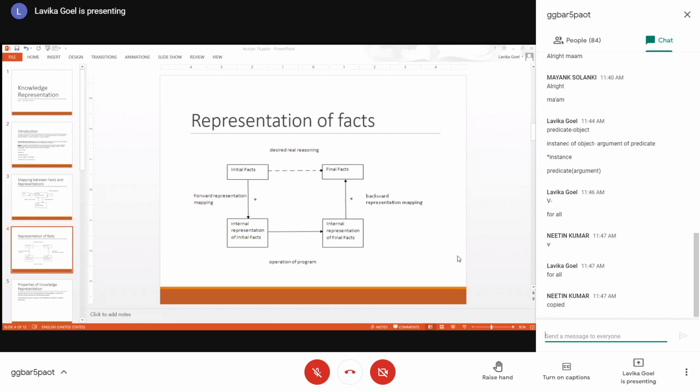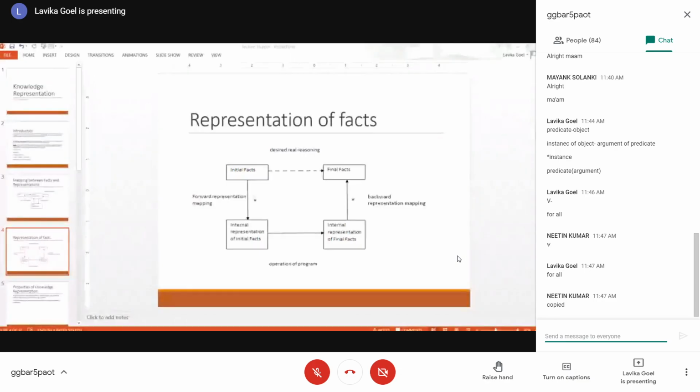Now, through some desired real world reasoning, you see the dotted arrow over there. Through the desired real world reasoning, you are able to achieve the final facts. What you do is, through operating the program or some operation, you convert the internal representation of initial facts into the internal representation of final facts.